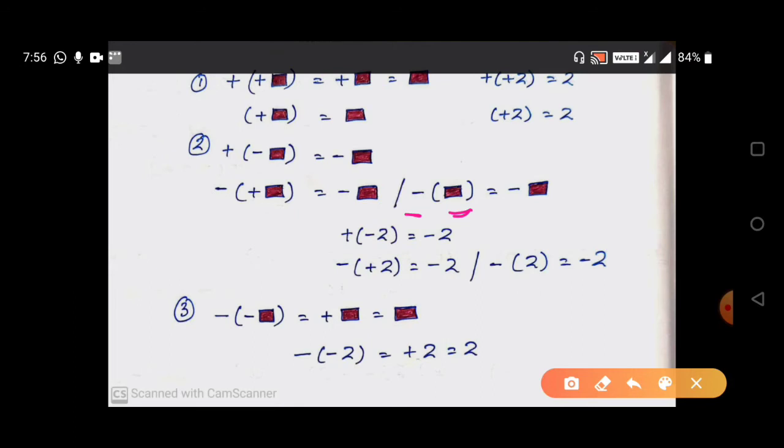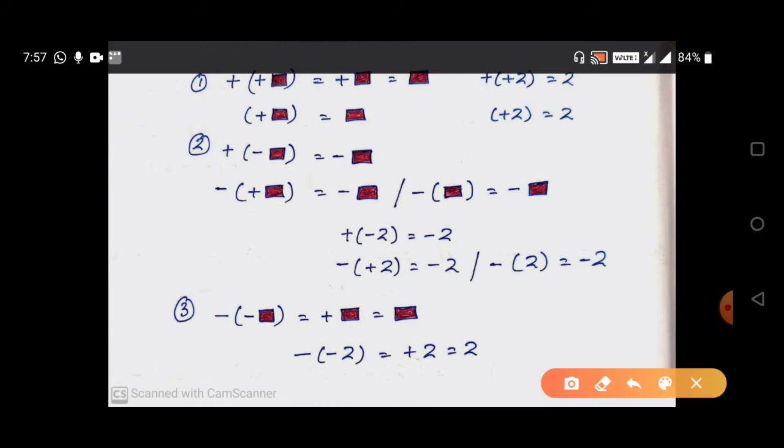Inside the bracket before the number, here no sign is given. If no sign is given, then here it is a positive sign. So negative into positive will be negative. So minus the box, that means a number. So if a question is given like plus within bracket minus 2, then it will be minus 2. If it is given minus within bracket plus 2, then again it is minus 2. If it is given minus within bracket 2, then it is minus 2 because inside the bracket 2 is positive.